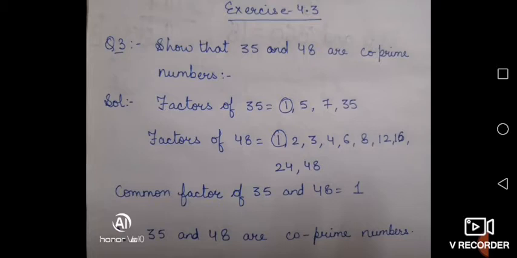So I hope the concept of co-prime numbers is clear to everyone. Two numbers in which only one is a common factor, then those numbers are called co-prime numbers. Clear? Now our next topic, that is